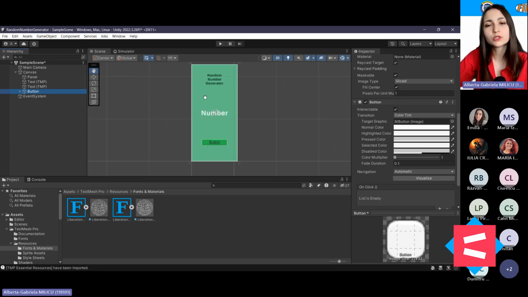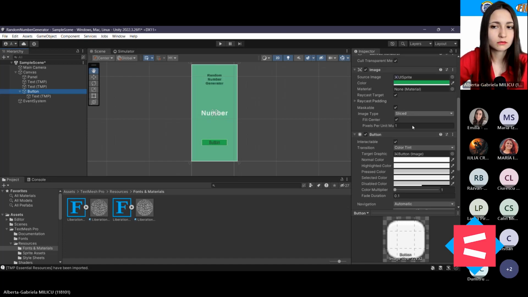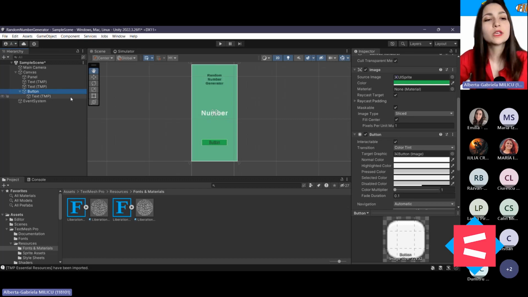So, of course, we need to think a little bit, where could we possibly find it? We take a look into the hierarchy and see that it has a little arrow here. Upon clicking this little arrow, you can expand the object that you're operating with, so to say. So here, if we expand, we see that we have a text object as a child